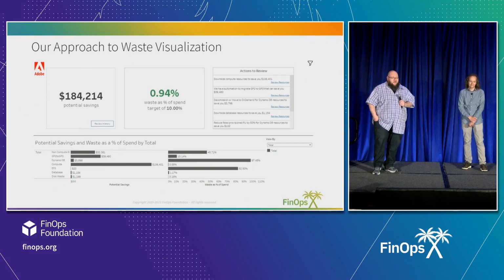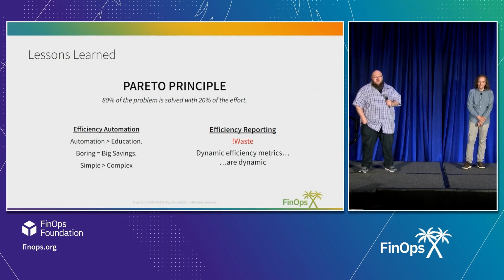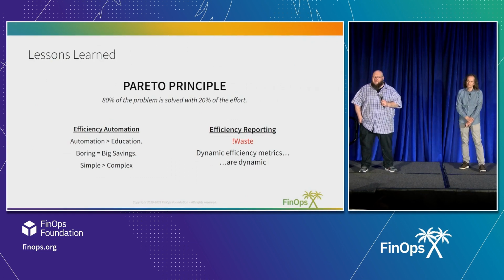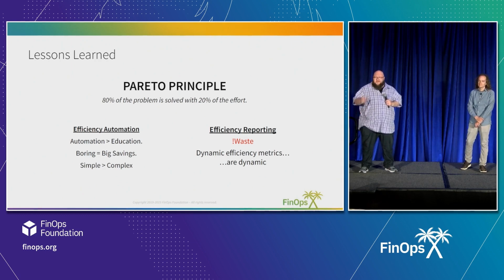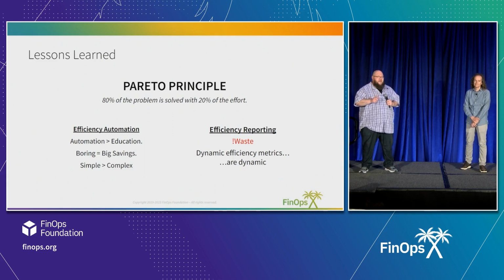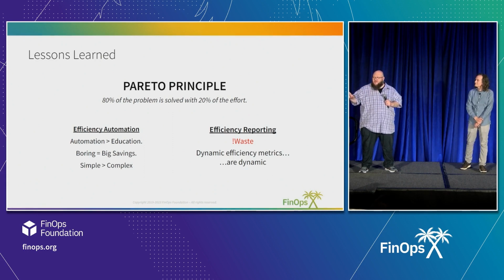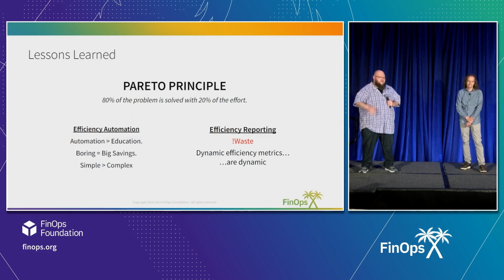Let's talk about lessons learned from this. The first one, I'm a huge fan of the Pareto principle. What we found, especially in automation, is that the Pareto principle states that you can solve 80% of a problem with 20% of the effort. To solve the remaining 20% of the problem requires 80% of the effort. And what we found in every single automation category we've looked at, there's a bunch of stuff that's easy to get to, and then there is a long tail of edge cases and messiness. Just ignore that. It's how you'll get results the quickest.